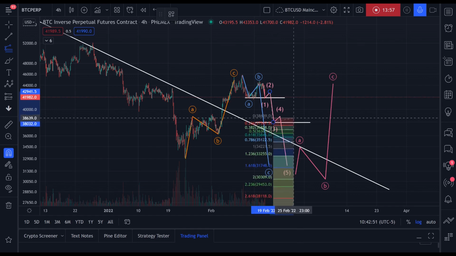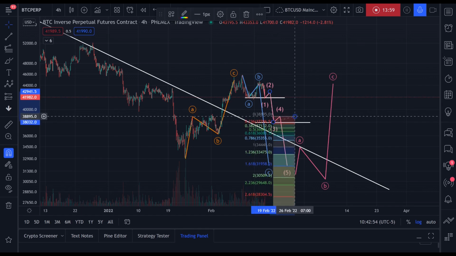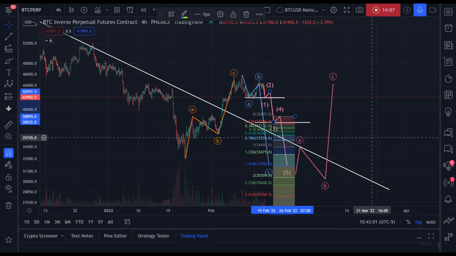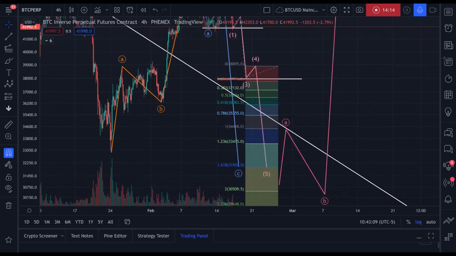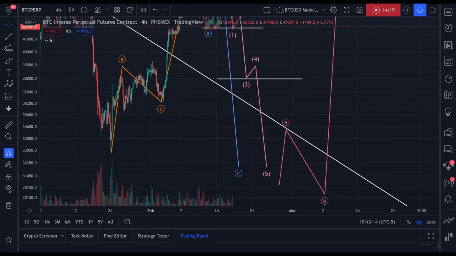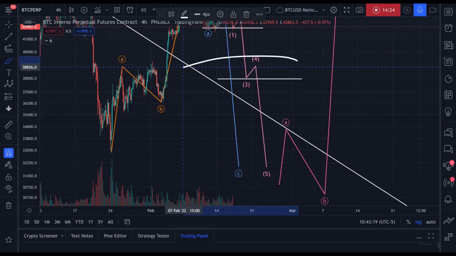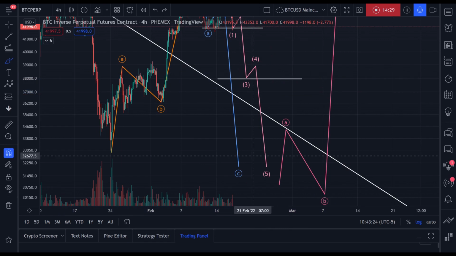And where will the 1618 end? Taking the Fibonacci extension tool, the distance of the 3 wave, retracement of the 4, that would end at 31,958 on this chart. But it could basically end between 30 and 31, which is confluent with where I see our next level of support being, right? If you look at the charts, you'll see that after this level right here, there's very little support until the 30 to 31K region.